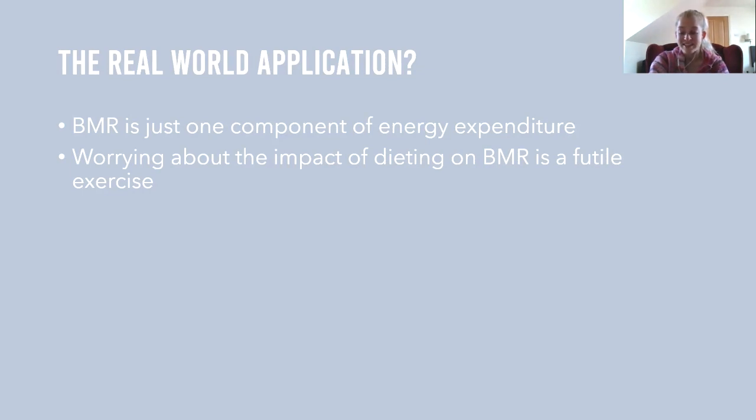We know that it either doesn't happen, happens to a little small extent, or doesn't happen at all, or disappears after time. So control what you can actually control. So whether this is you looking at weight loss yourself or you looking at weight loss with your clients, control what you can control, which is non-exercise activity thermogenesis, which is how much you move around during the day, and